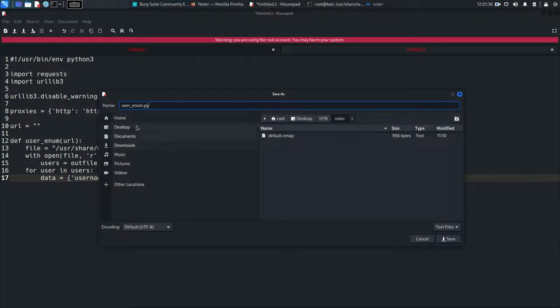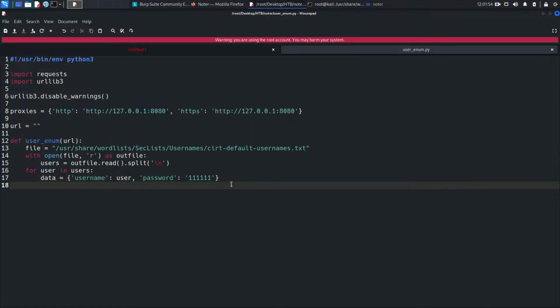I already wrote these kinds of scripts in the authentication module of Web Security Academy. You can go there again, and there you will find much better and more complex scripts. So okay, for here